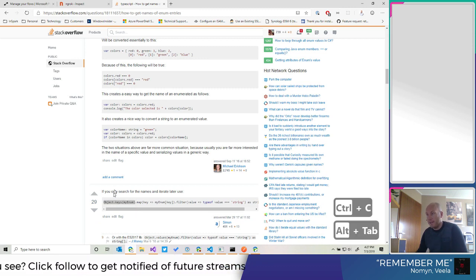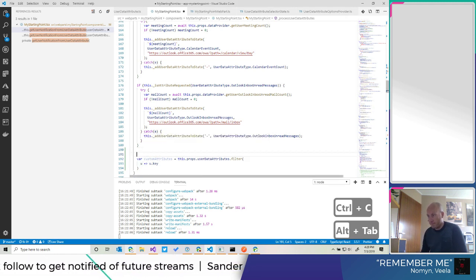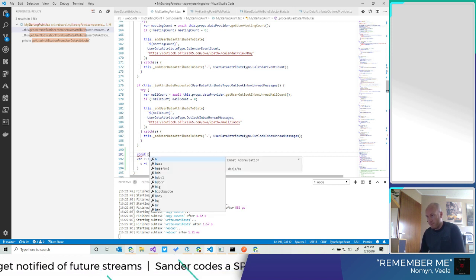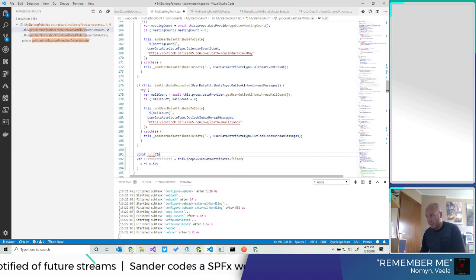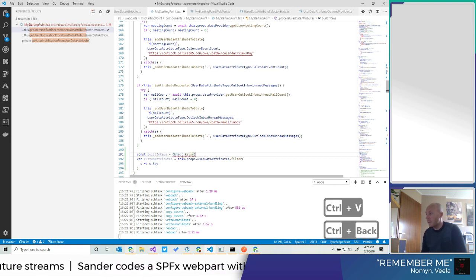This is going to help me better. Built-in keys, user data type.